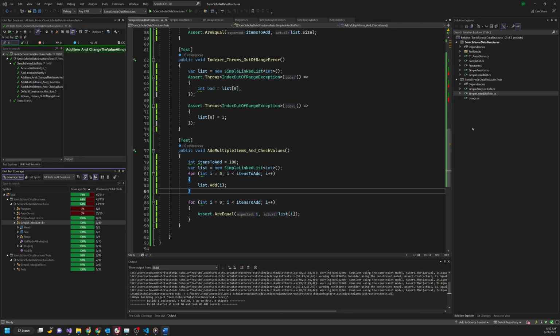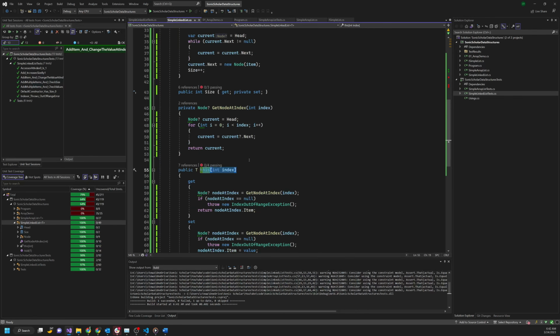Now I said we do a comparison and contrast with the array list. And what I want to specifically show is this indexer. Specifically, when you try to get a node at the index, look at how much work it takes. You can't just say, go get me the node at this index and instantly get it. You have to start at the beginning and you must loop through. In the best case, it could be the very first one. In the worst case, it could be the very last one. On average, it would be,